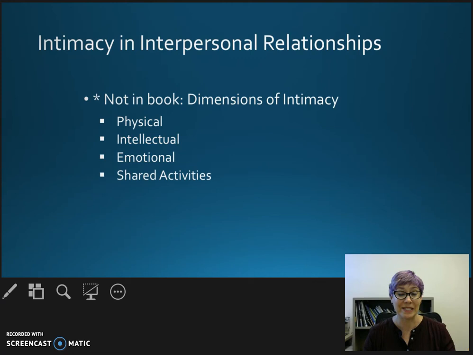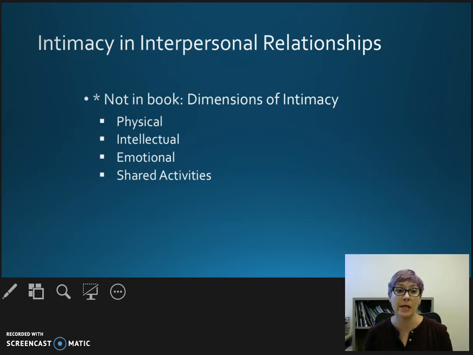Now, at this point, if we were doing this in class, I would say, who is more likely to generate intimacy through shared activities, men or women? And the answer is men. Yes, men in general are more likely to build intimacy through shared activities. In fact, they don't feel as comfortable sharing on an intellectual or an emotional level until they have hung out together, until they've done stuff together. Women, on the other hand, feel more comfortable sharing through talk, right? Building intimacy through talking with each other, and then they are more comfortable just hanging out silently.